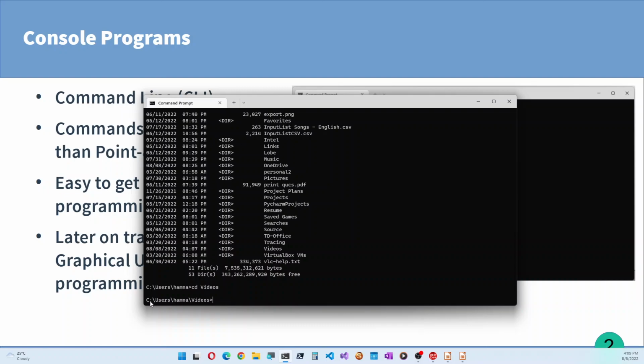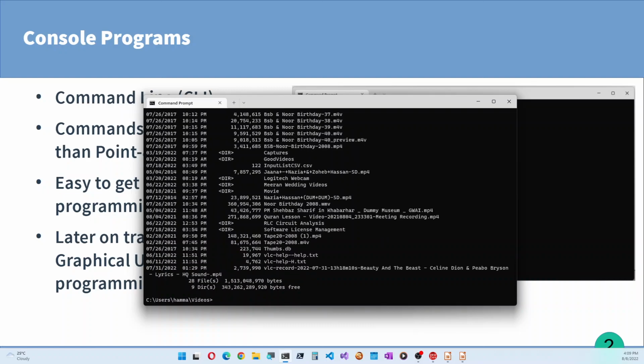C is the drive in which we are located, and these are the folder names. So I am on the C drive, on the C hard disk, inside the folder users, inside the folder your username, inside the subfolder videos, and to see what files are in this folder, I can type dir to list the files.